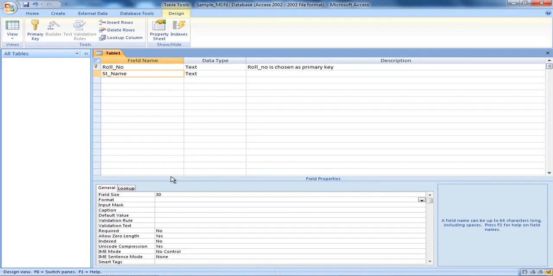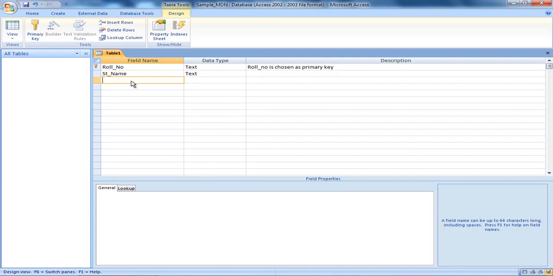Anyway, I'll show that later on. Instead of name, we can also write first name, last name separately. Anyway, now we are only doing the combined form.